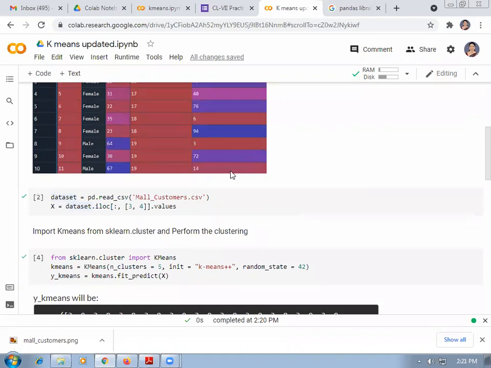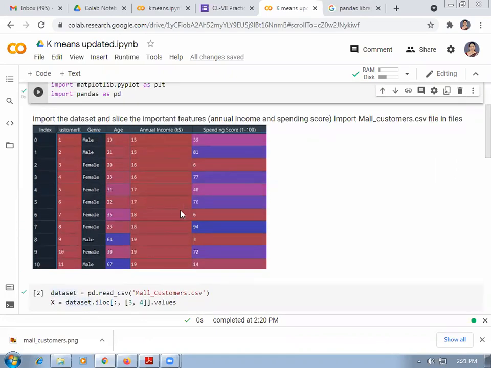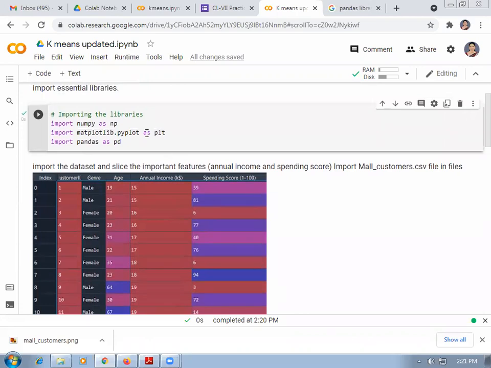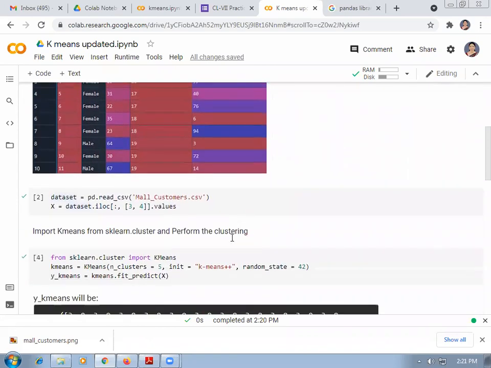Up to this point, we have imported the important libraries, then we have imported the data set, and from the data set we have sliced the 2 important features which are of our interest, that is annual income and spending score. Next, we have to import KMeans from sklearn.cluster.